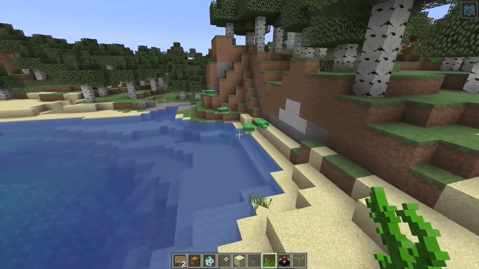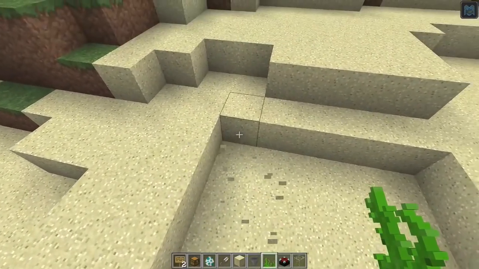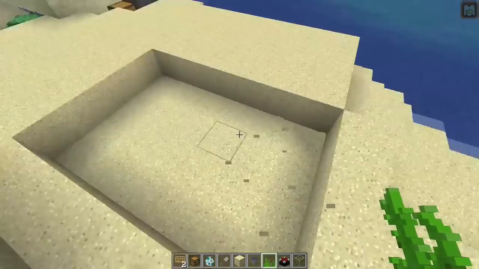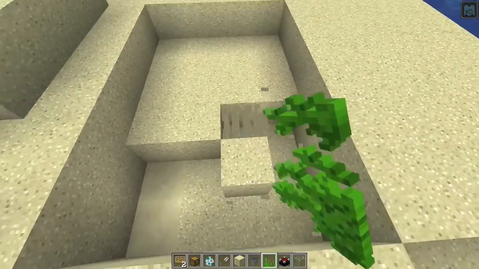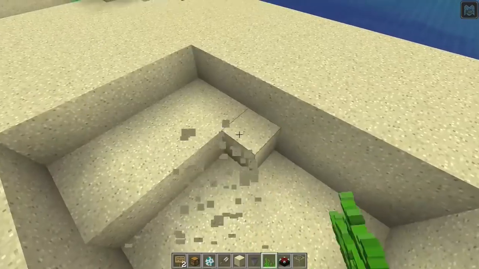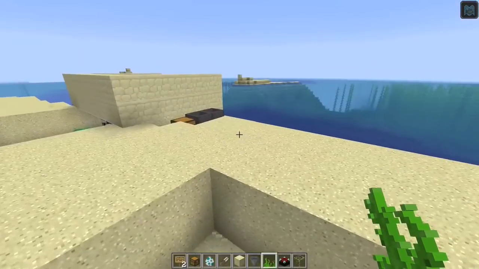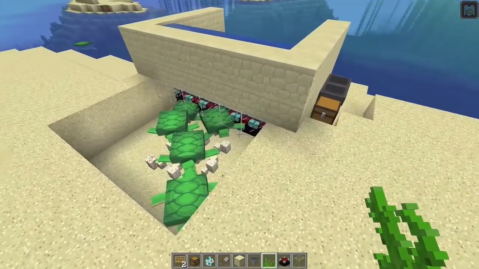And holy cow, that seems to be a turtle area right there. Okay, so we're going to go 1, 2, 3, 4, 5, and we'll go one more like this, 6, like that. Okay, and then we're going to dig this whole thing down 2 blocks. Very good. That is our turtle breeding center. Next, we have to go over